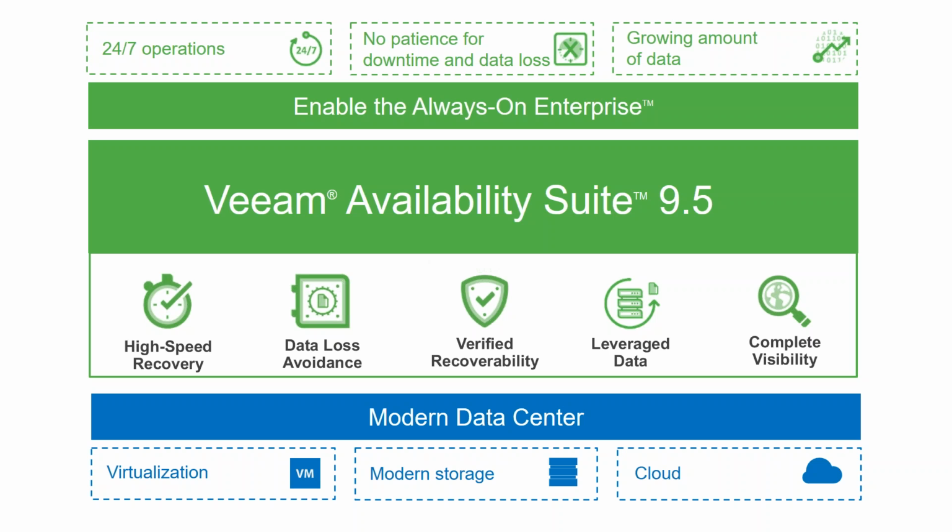The Availability Suite is made up of 2 products. It's made up of Veeam One, which provides monitoring, reporting, alerting, and capacity planning for our virtual world, so our VMware environment, our Hyper-V environment, and of course Veeam Backup and Replication, which is the other part of the Availability Suite. It is an agentless tool that allows us to do backups and replicas of our virtual machines from VMware